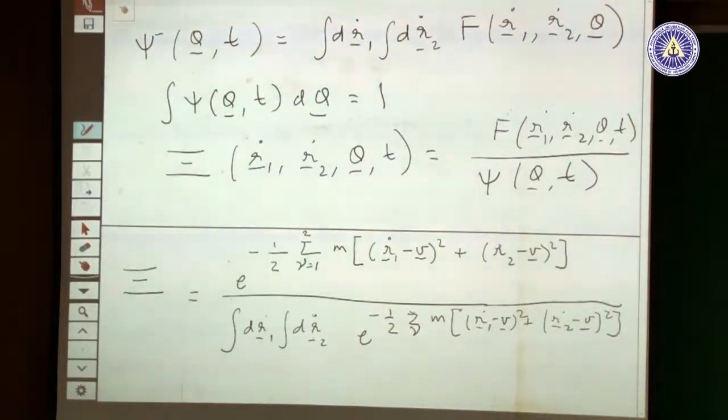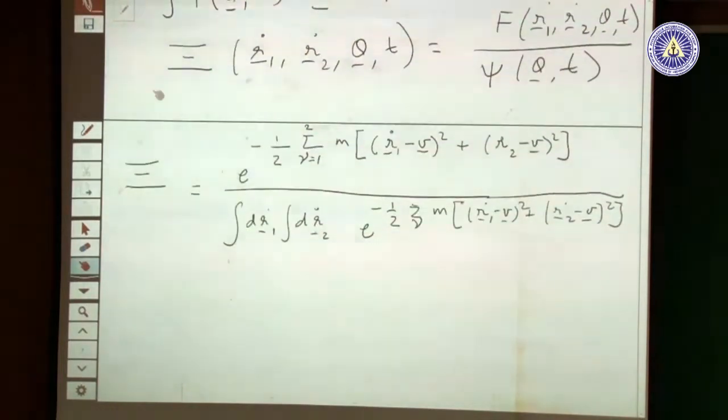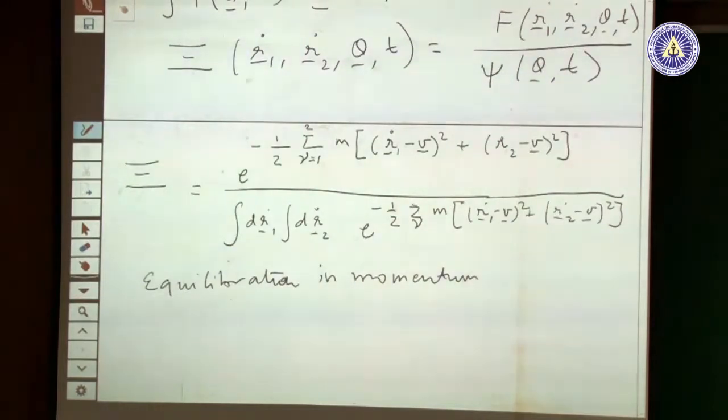This assumption we make in polymer kinetic theory is, of course, that the molecules are being translated along with the solvent with the velocity v, but about that they have an equilibrium distribution function. There is a phrase for this assumption, it's called equilibration in momentum space. It's basically a Gaussian distribution,